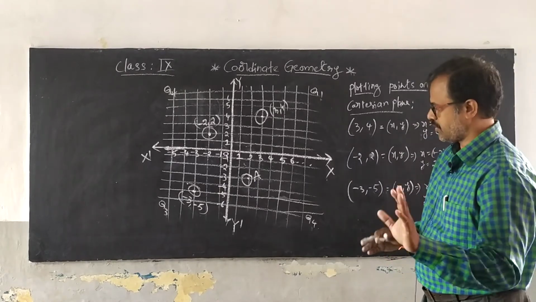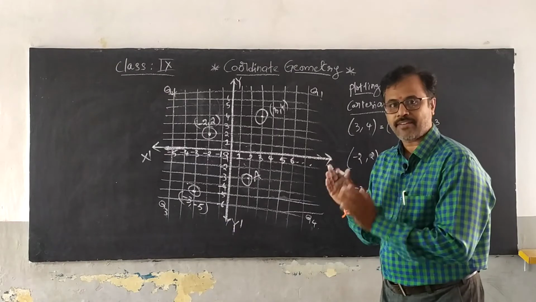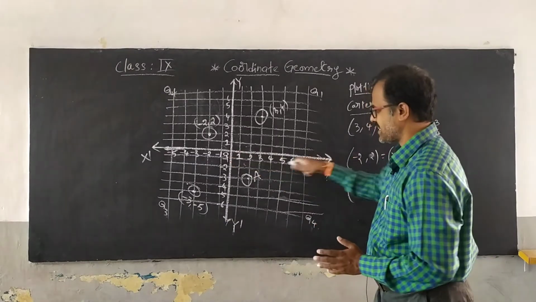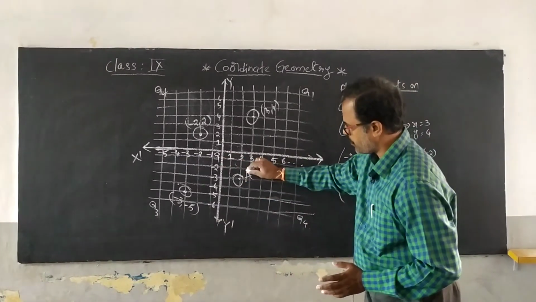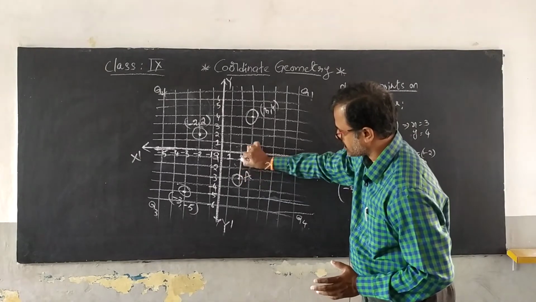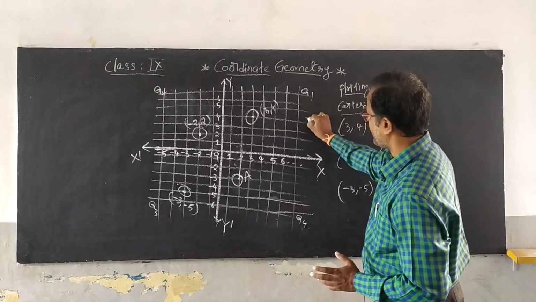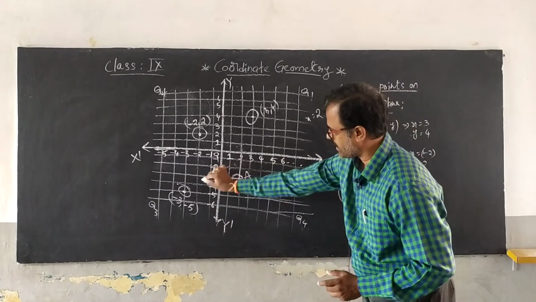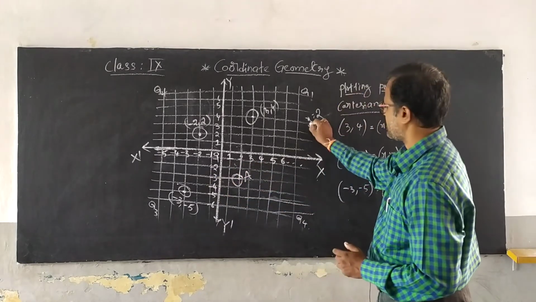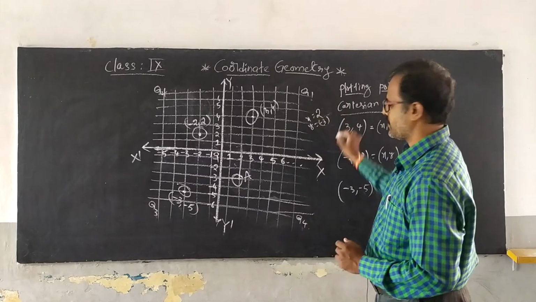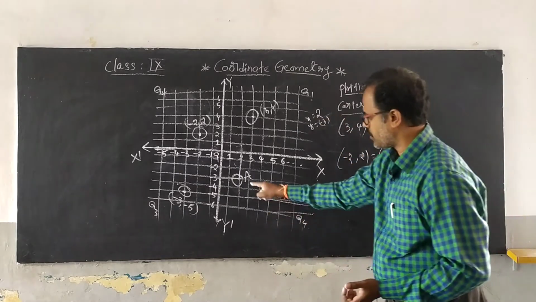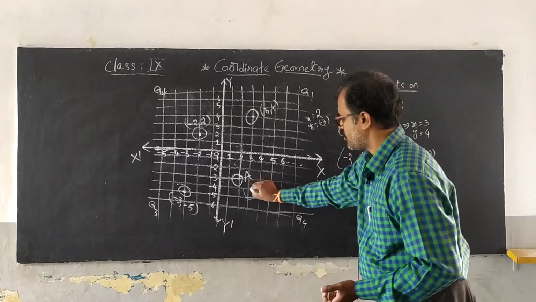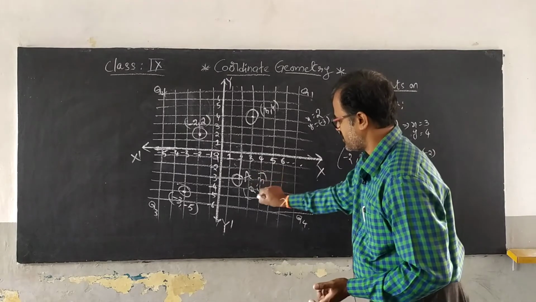No, careful. First value you have to give basing the x-axis. Now you see from the point you go on to the x-axis. Yeah, that is 2. So your x value is equal to 2. Now from this point go on to the y-axis. Your y value is equal to minus 3. Okay, so that you can identify the point A as 2 comma minus 3.